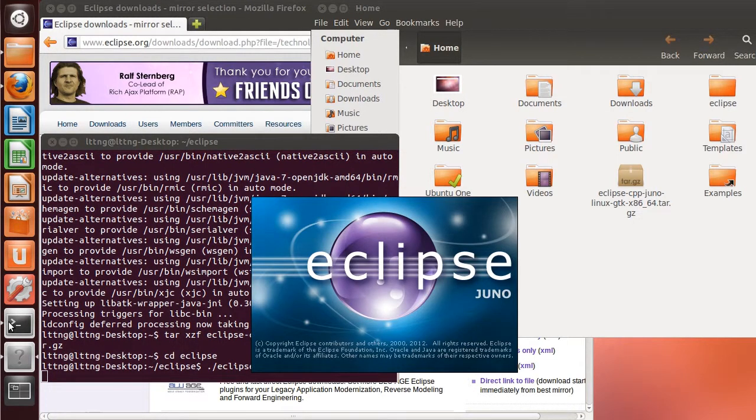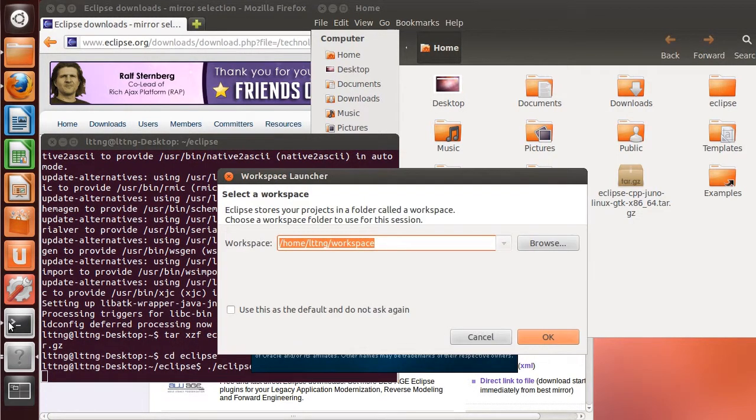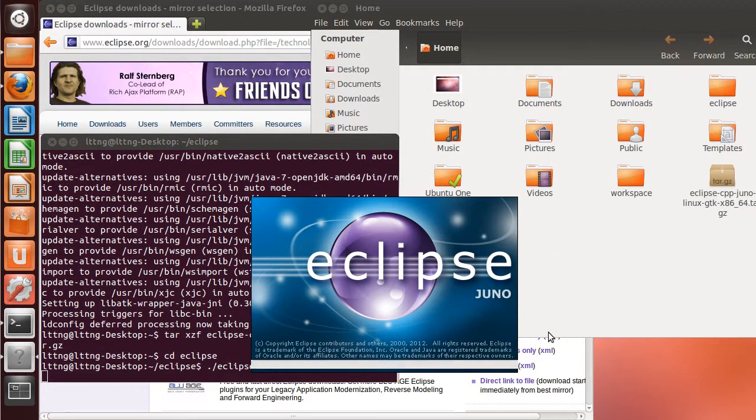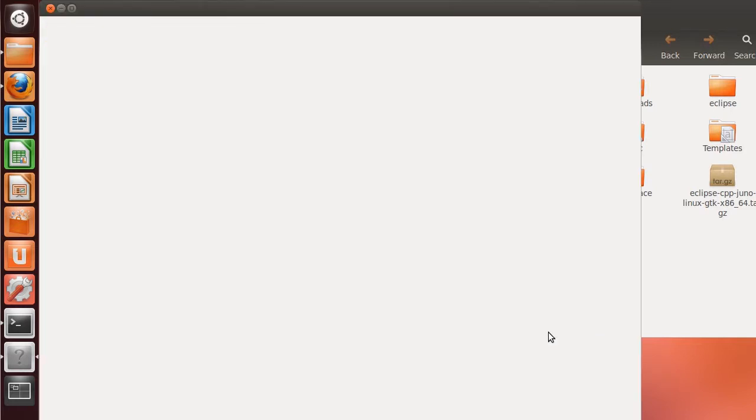While Eclipse is starting, you'll be prompted for a workspace location. You can set your own location, but I'll leave the default setting and accept. Eclipse is now loading, and the next thing we want to do once it is ready is go to the